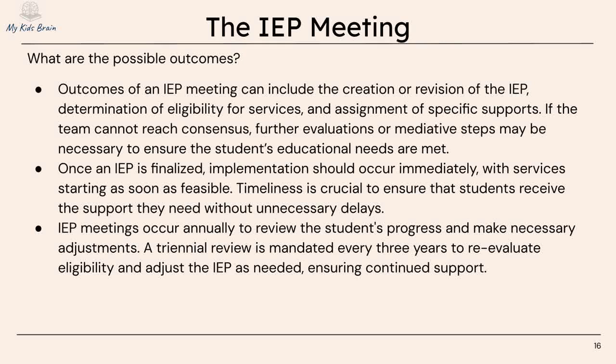Once the parent and team are in agreement with the IEP, it is generally implemented immediately so that the student receives the necessary support without delays. However, in some cases where there is a holiday break or the parent wants to talk to the student before a class change, a slight delay may occur. After a student is found eligible, there will be yearly, annual, and 3-year triennial meetings.